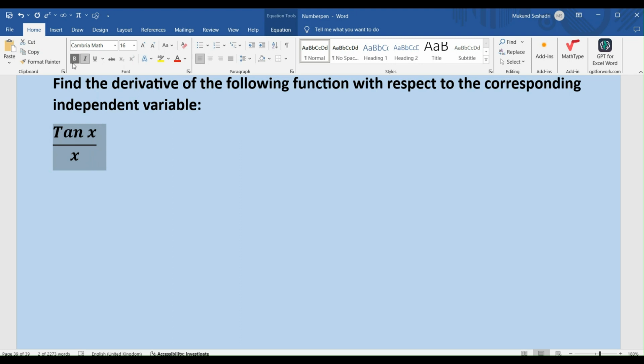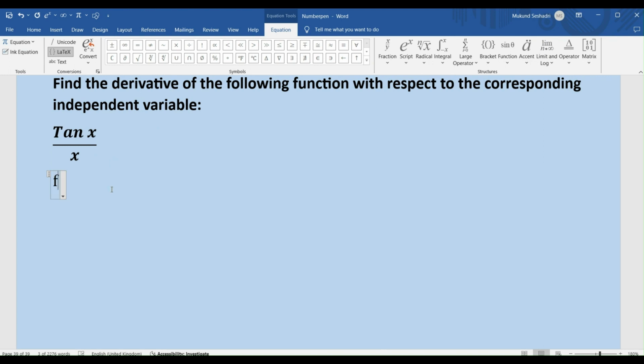There we have the problem on the screen. Find the derivative of the following function with respect to the corresponding independent variable. So the function that's been given to us is tan x by x, right? So let's write it down. My f of x is tan x by x,